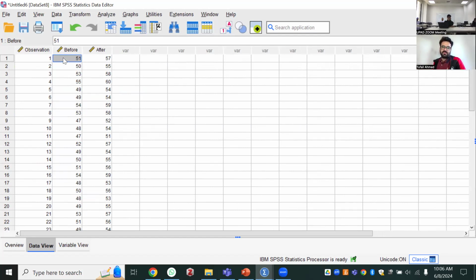So before improvement, observation one, let's say it was 10 a.m. in the morning, normally 51 people were using it, but after improvement, making it safer and more comfortable, at the same time, 57 people were using it. We will test this in a later exercise as well: did we see any improvement? Let's say the bicycle path was improved. Were more people using it? This is one of the exercises we will be doing in SPSS. We want to see whether the improvement brought more bicycles on the roads, yes or no?